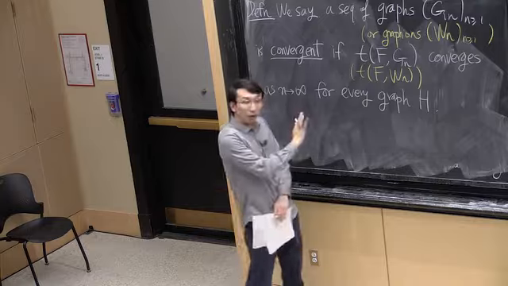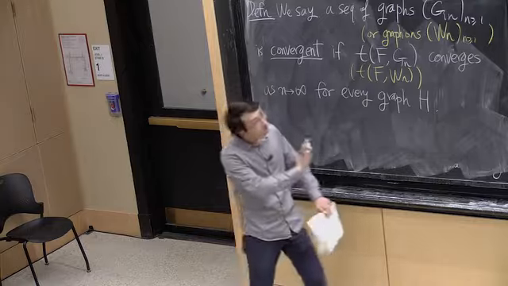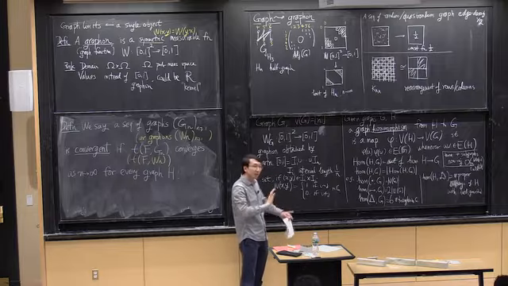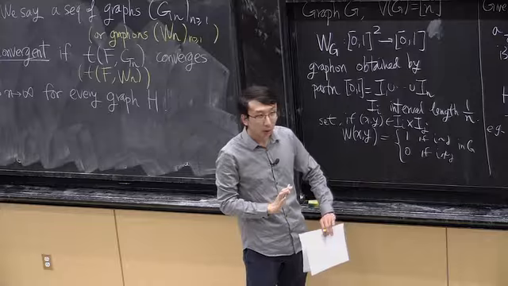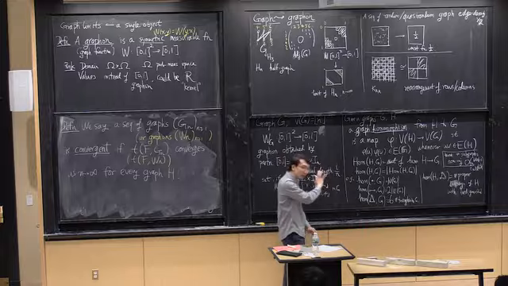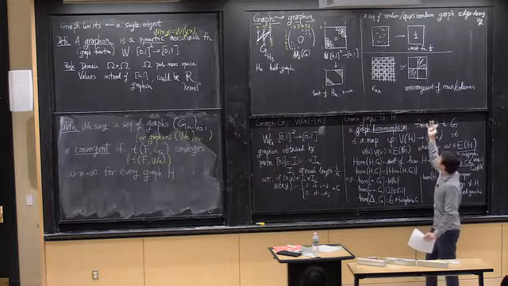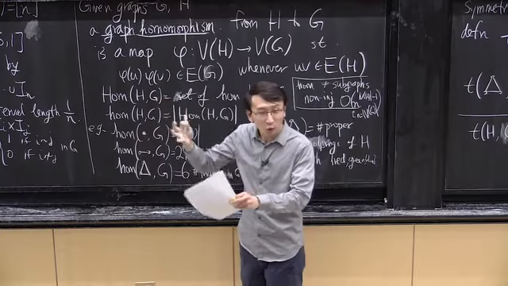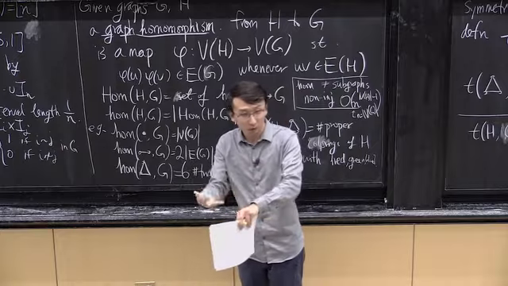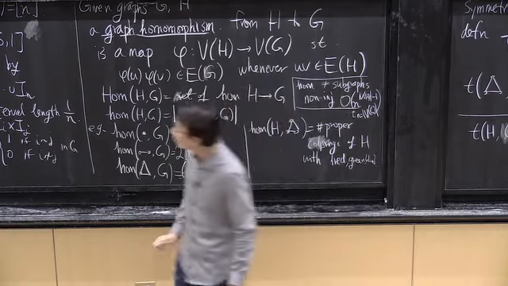Okay, so that's the definition of what it means for a sequence of graphs to converge, which so far looks actually quite different from what we discussed intuitively. But I will state some theorems towards the end of this lecture explaining what the connections are. Intuitively, what I've said earlier is that you have a sequence of graphs that are convergent if you have some vague notion of one image morphing into a sequence of images morphing into this final image. Still hold that thought in your mind, but that's not a rigorous definition yet.